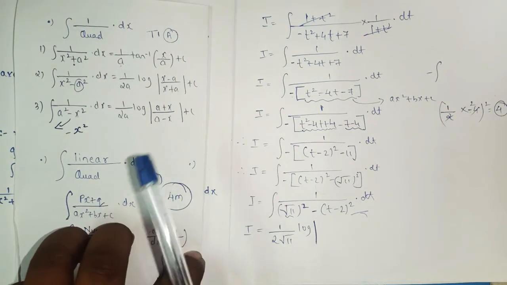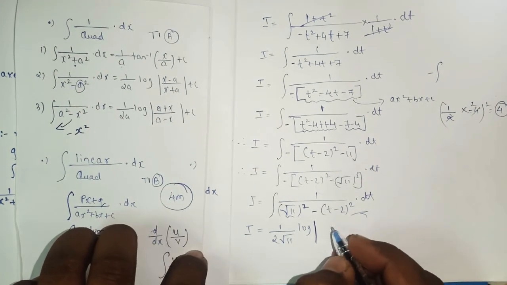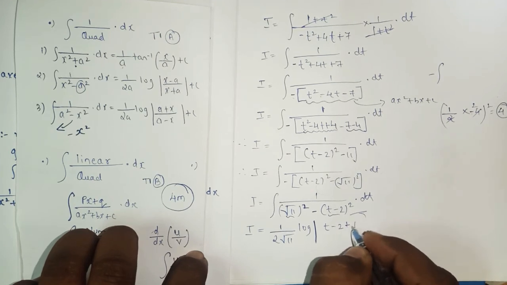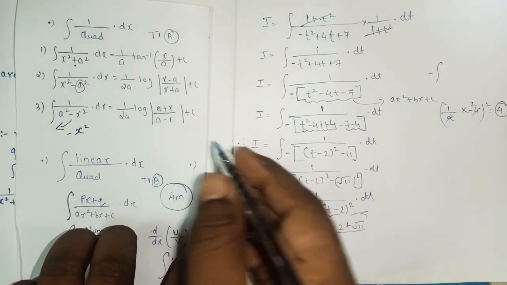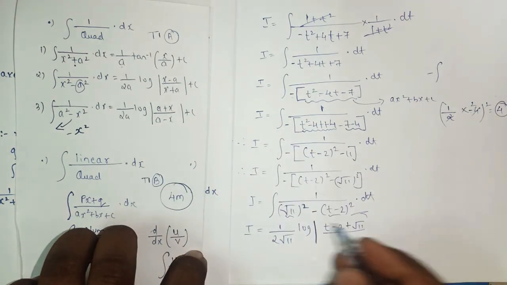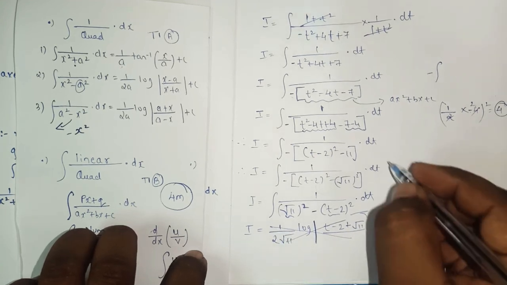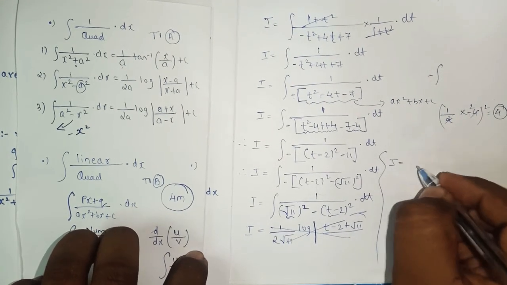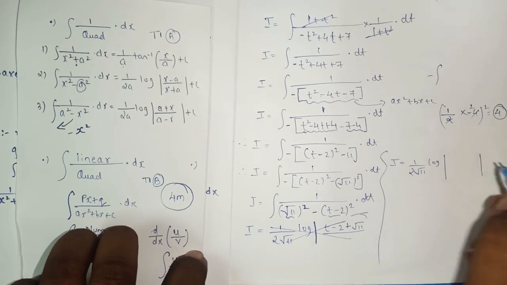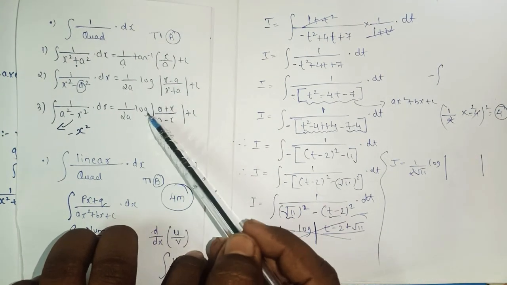Okay, so now for this, the formula is what? 1 upon 2a log mod a plus x. Here a is what? T minus 2, plus x is what? Root 11. Then a minus, sorry, it is a plus x. A is what? So this part I wrote here wrong, so here I will write this step: 1 upon 2a log a minus x. So here see the confusion is what? For this here it is x minus a, and here it is a plus x.